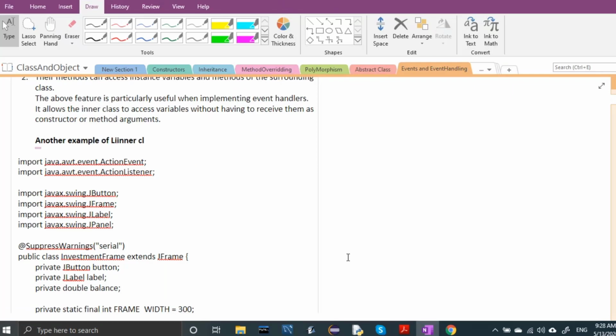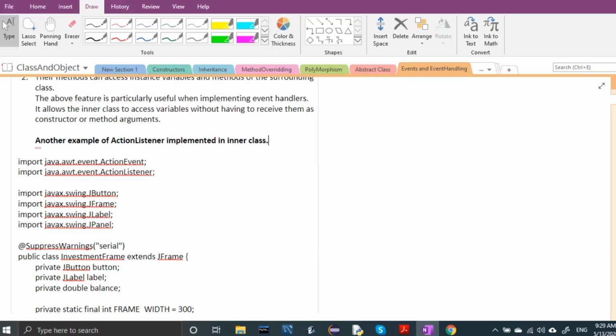Example of action listener implemented in inner class. As I have said, you can create the action listener class anywhere, which means any inner class anywhere.